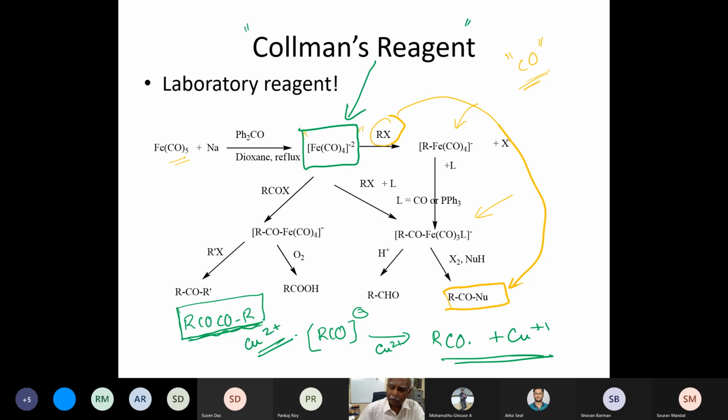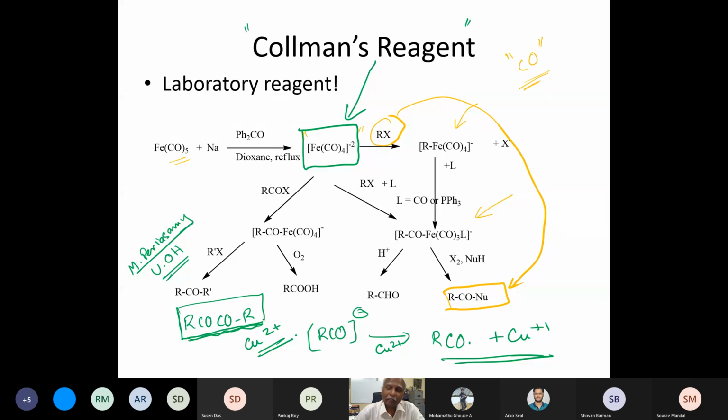But this is unique. This is an apparent dicarbonyl insertion, and it was discovered by Professor M. Periyasamy in University of Hyderabad. Okay, that was a very original contribution, and this was made during a time when iron carbonyls were not available in India, and he generated it in situ from carbon monoxide. Carbon monoxide was available, but iron carbonyls were not available.